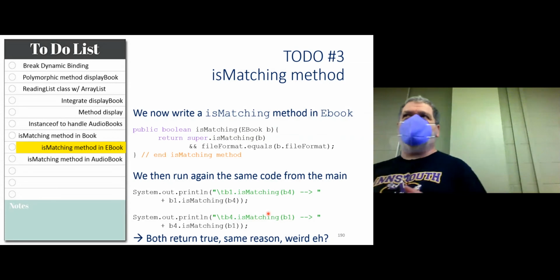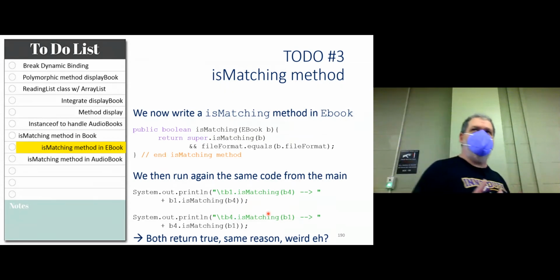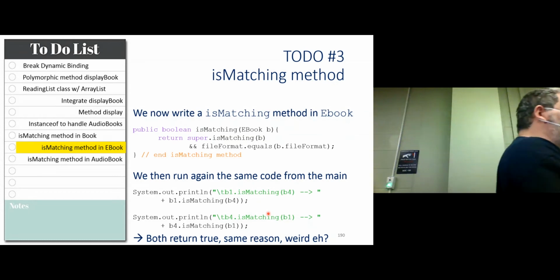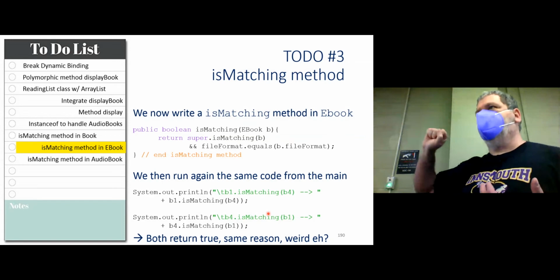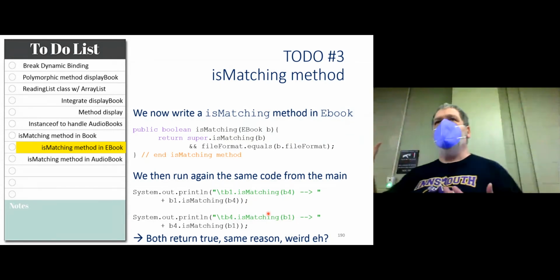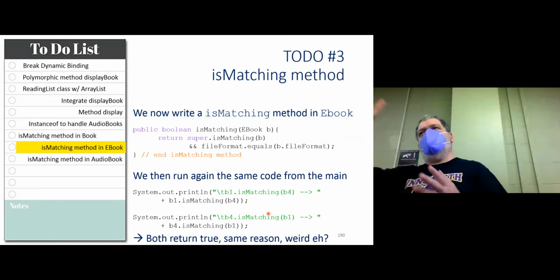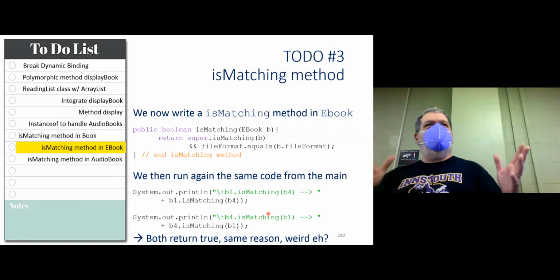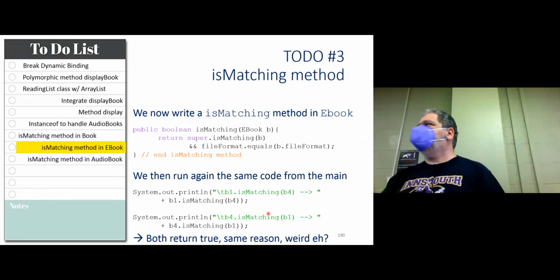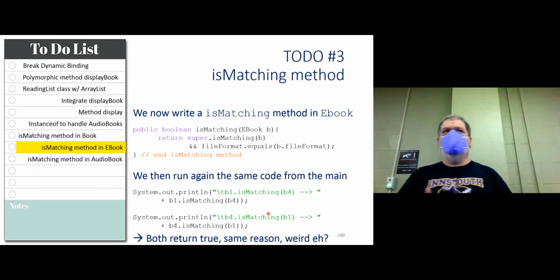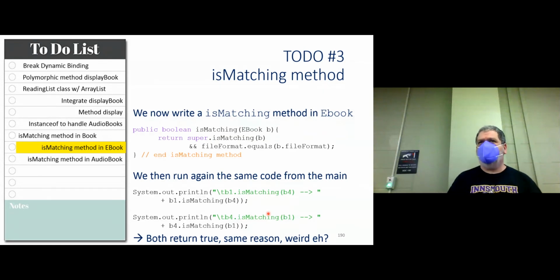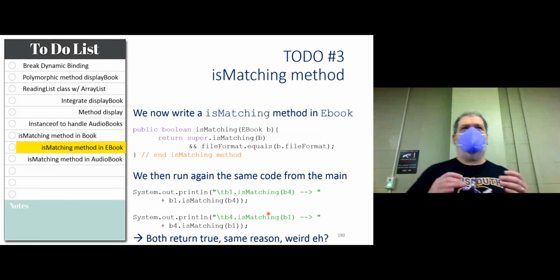So my definition of comparison has been extended since my previous implementation. In the previous implementation, I said you just check those three attributes: title, ISBN, O4. Now I'm saying, okay, you check those three attributes, but you are also checking, if it's an ebook, that the file format is the same. Doesn't look like I'm trying to do that here. How would that work actually with the file format? So this is the first